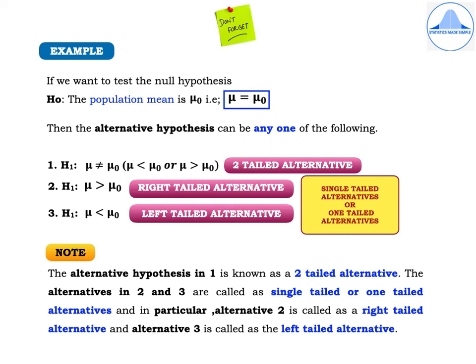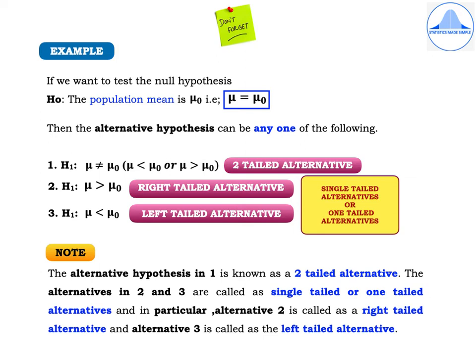So the first type is H1, mu is not equal to mu naught. In other words, it means either mu can be less than mu naught or mu can be greater than mu naught. Such a type of alternative is called a two-tailed alternative. The second type is H1, mu is greater than mu naught. This is called a right-tailed alternative. And the third type of alternative is H1 where mu is less than mu naught, and this is called a